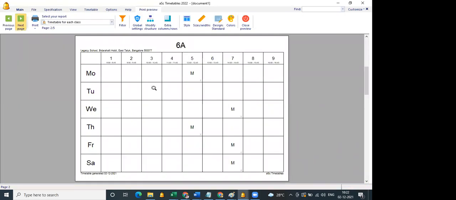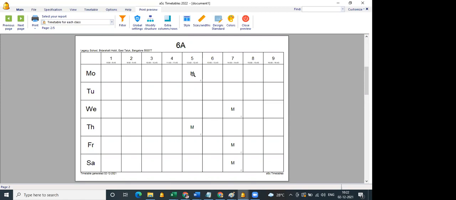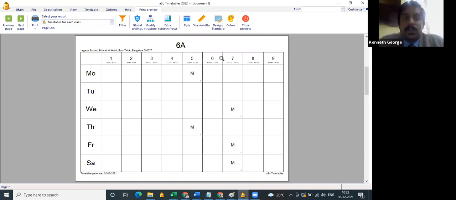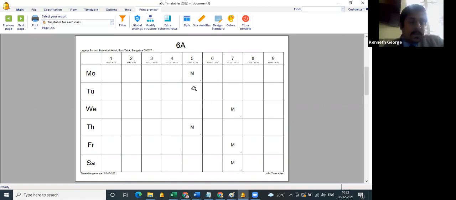So for class 6A. Naresh, Kenneth has raised his hand. He has a question, I think. Please, sir. Sir, I just wanted to know what if this person over here, who you already entered, is a part-time teacher and would not be coming in for the first 3 periods, would come post that. Is there anything where we can put in our restrictions? Yes, we do have, sir. Once I move to the Excel import, I'll help you out with that. Okay. Yes. Thank you.